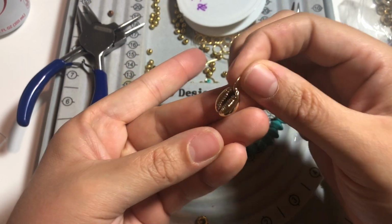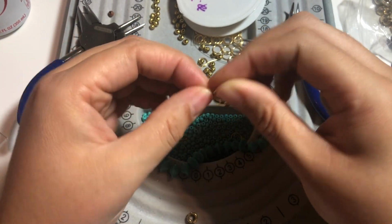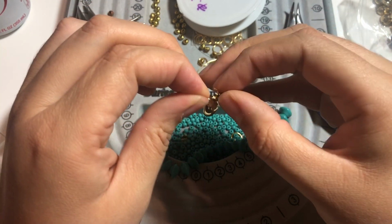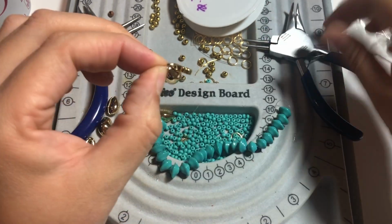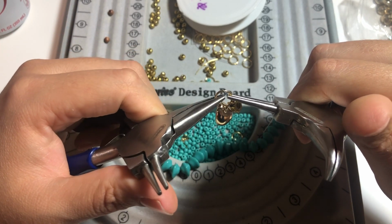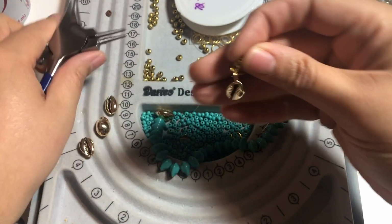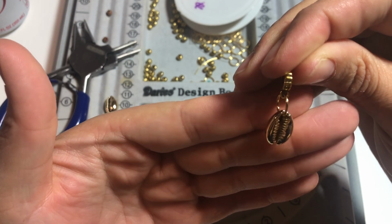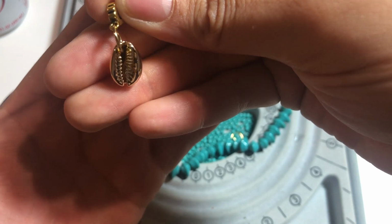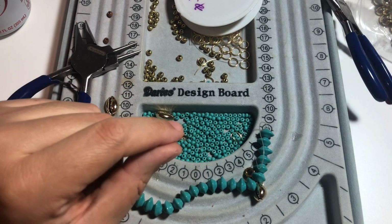So, okay, we have our shell on our jump ring. And, oh, I forgot to put them on our bail. There we go. Oops. Okay, so there's our bail and that's so cute. That could be an earring itself. That's really cute. These shells are perfect for just putting themselves on earrings, and that's a good go-to earring. Okay, so I'm going to cut open my